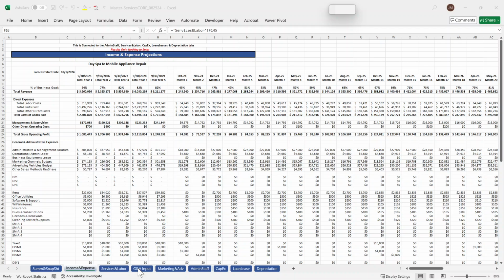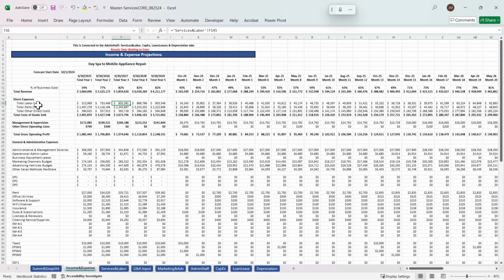Gives you the total revenue, all the direct expenses associated with whatever type of business you're operating, the management and supervision. Your direct labor is included up in here. Any management and supervision or other direct operating costs associated with this department are all factored in here. So you come up with a gross operating profit that now you're going to pay for all the other expenses